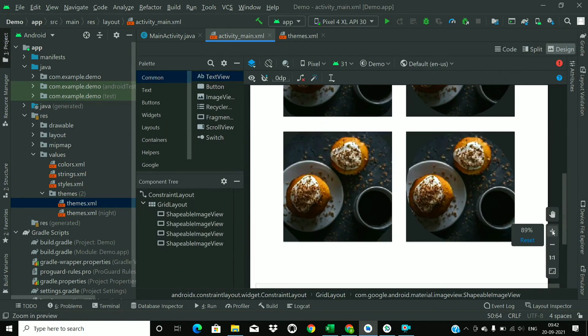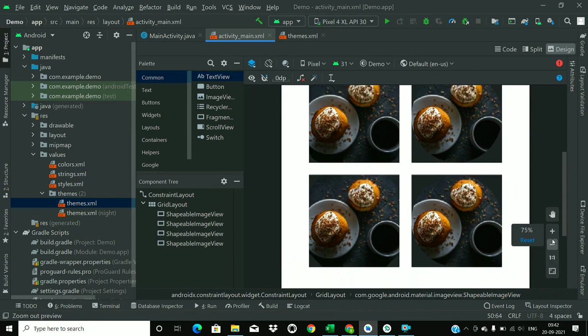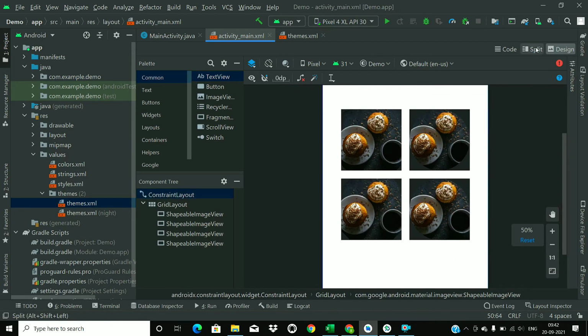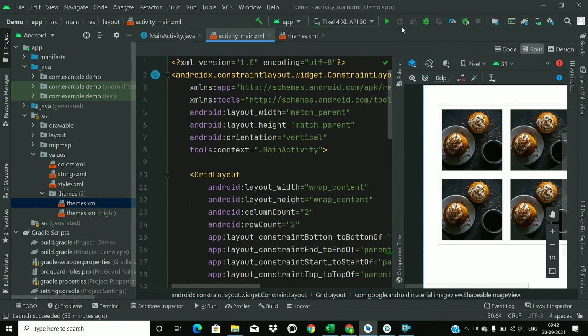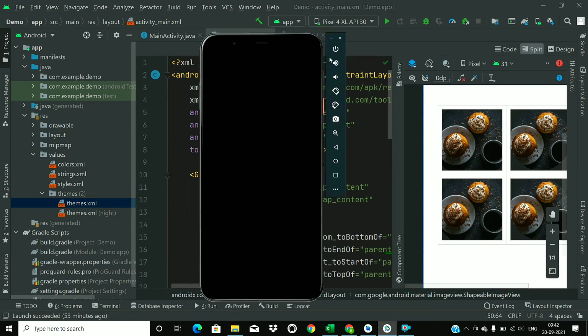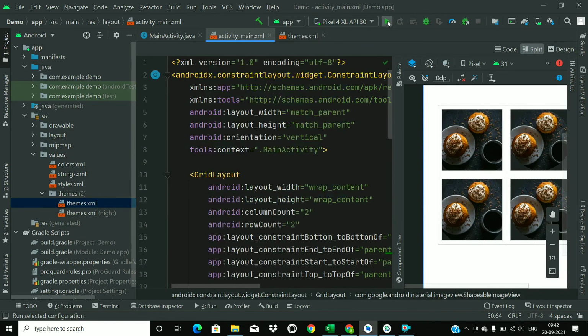Just look at the design, and I think you might be able to see the cuts. That's it, the code.